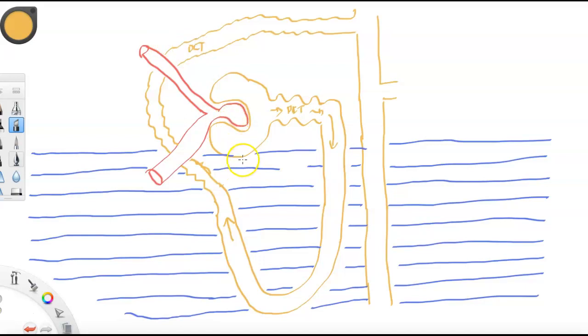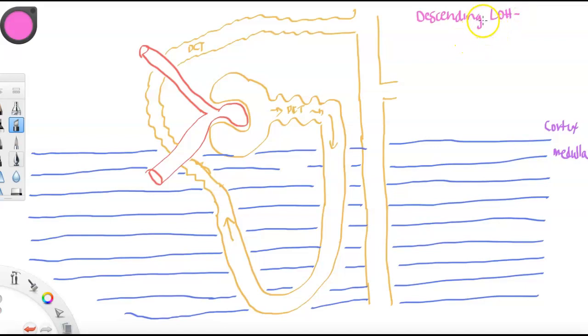All right, so when we're looking at the loop, it's in the medulla. Most of it is in the medulla. So we know that out here is the cortex, and then in here is the medulla. And in the descending loop of Henle,